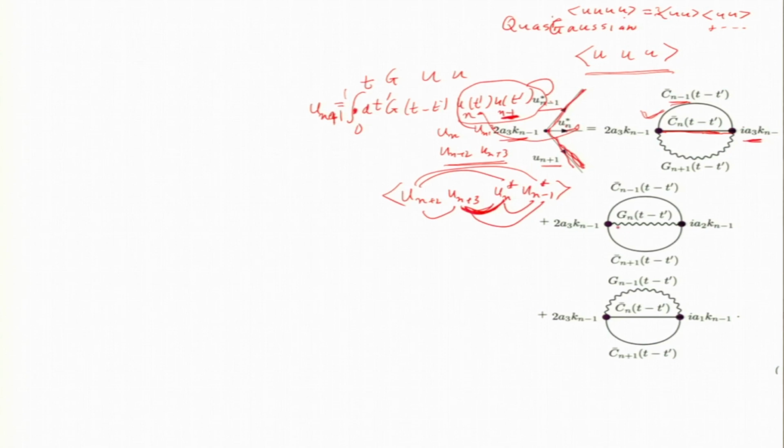So, u n expansion will give you this Green's function and 2 correlation functions. Okay, that is C n minus 1, C n plus 1, and the third one is where I expand u n plus 1 using Green's function, u n minus 1, sorry, u n minus 1, I get this. Okay. So, I have 3 Feynman diagrams and I know these values, they are one Green's function and 2 correlation functions. Okay. So, I will delete these guys, this is rough work now, and I am just going to write down these formulas, equations for the first term.